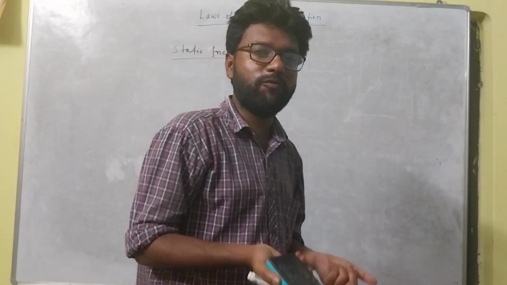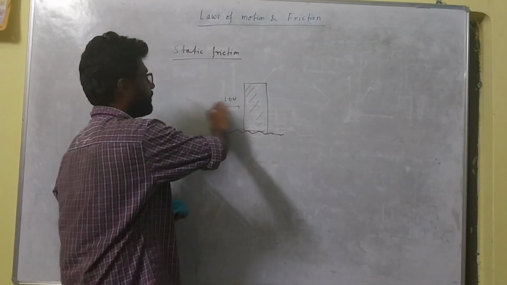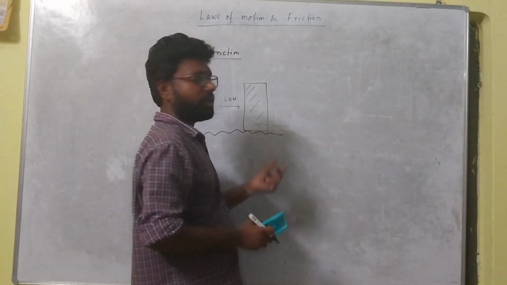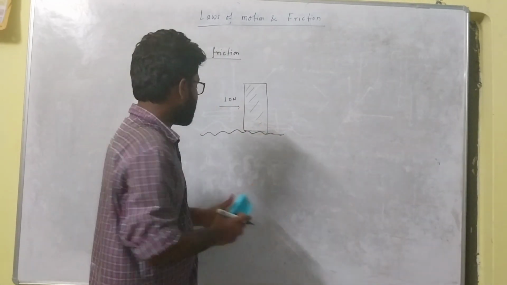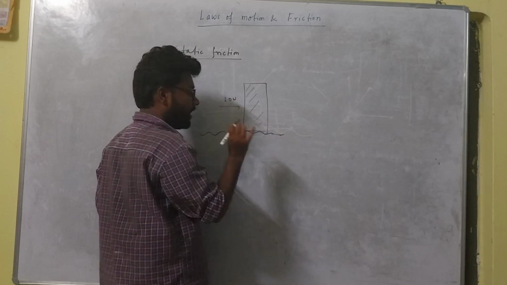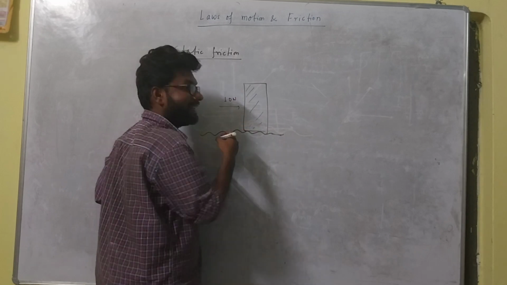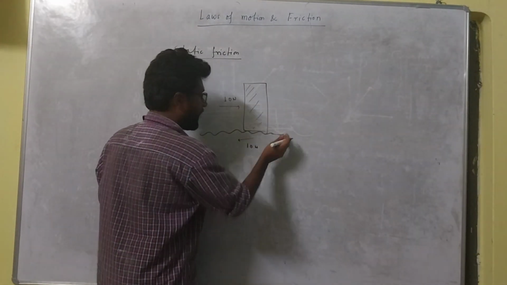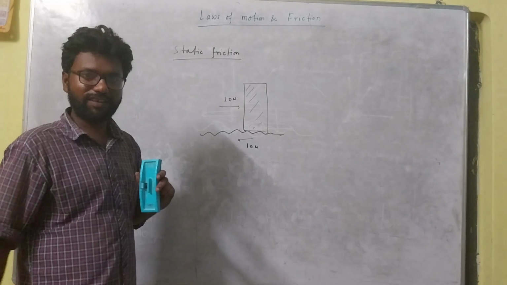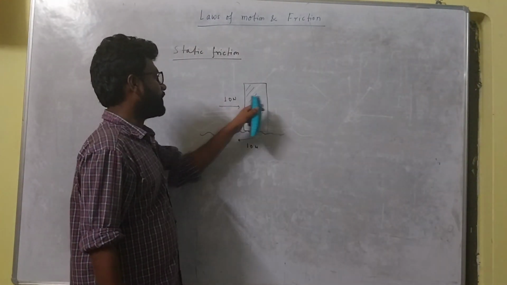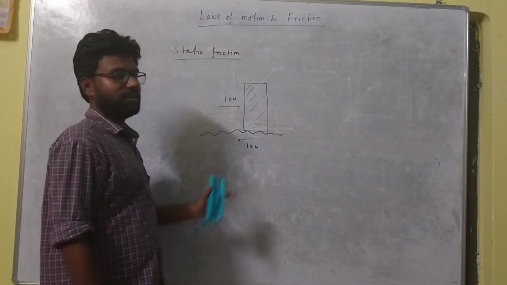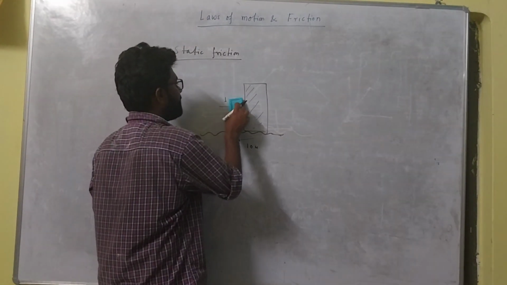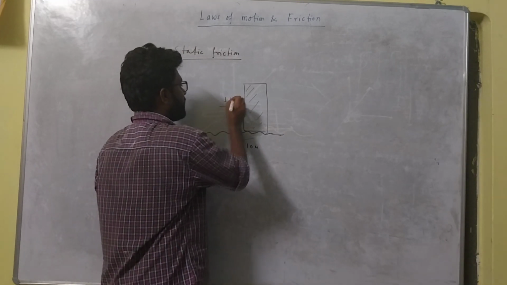Why? I gave a force of 10 Newton to the right, but the almirah doesn't move, because the almirah gets an opposite force of 10 Newton from the floor. The 10 Newton on the right side and the 10 Newton on the left side cancel out. Okay. Now, if I give 15 Newton